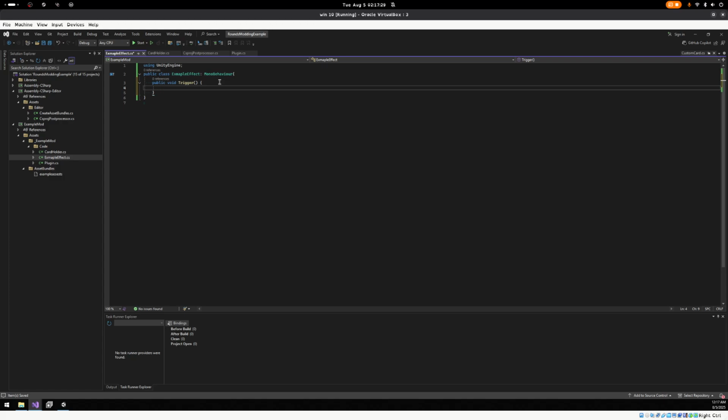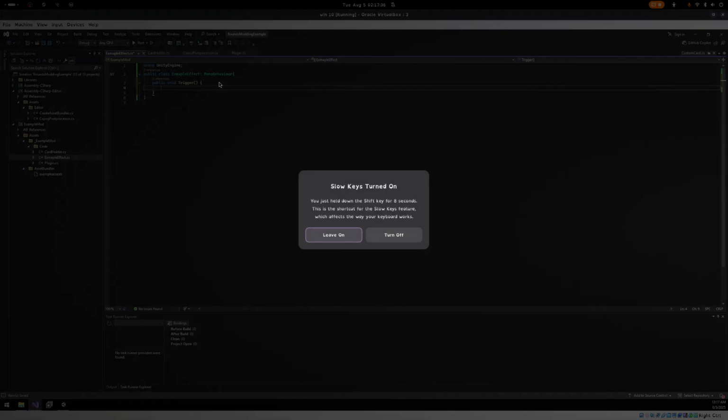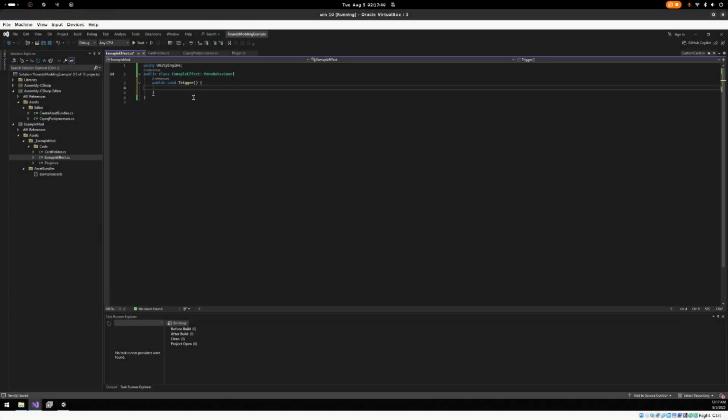So we're gonna have to get all the players, so we're gonna make a for each loop. Oops. I was holding down my shift for too long. So we're gonna go player manager dot instance dot players. So this is the array of all of the players. And we're just gonna go dot for each, and that'll just build me out a for each loop. So for each player in players,